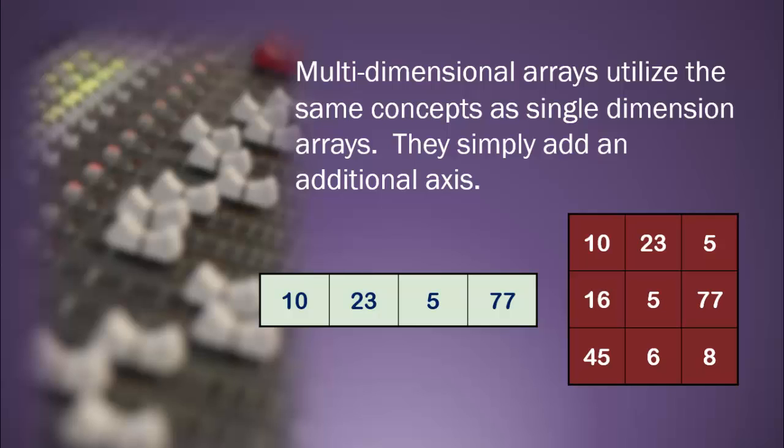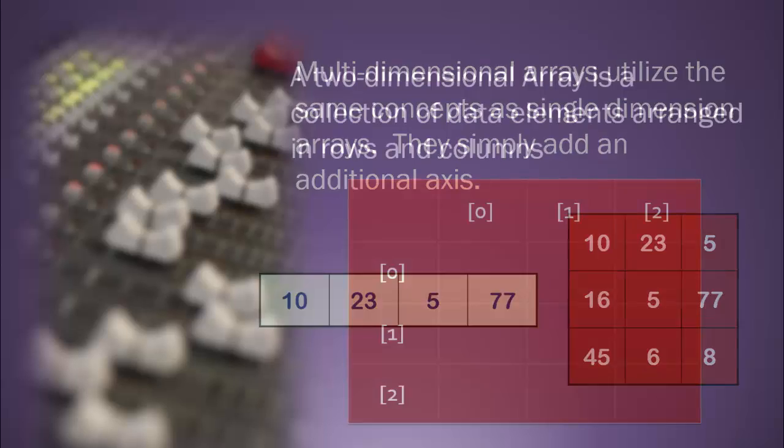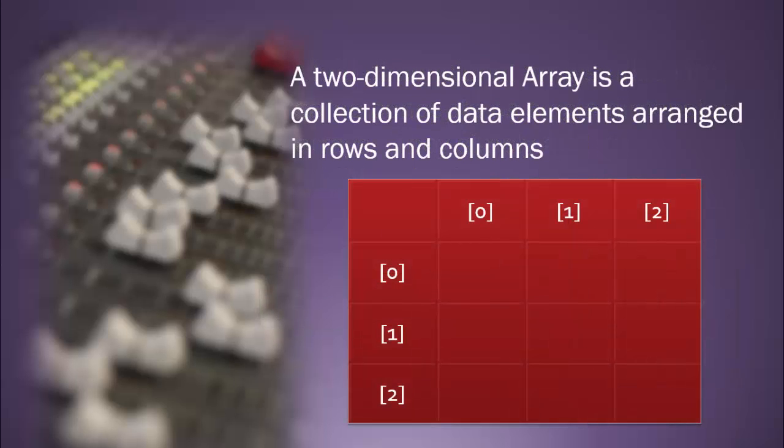When we declared a single dimensional array, say the 4 integers that you see in front of you, we declared array 1 to contain integers, and we said it has 4 spaces in it. When we move to a multi-dimensional array, we retain that concept and we add a second axis. So if we look over at the table to the right, we see that we have a 3 by 3 multi-dimensional array. The nice thing about the multi-dimensional array is that it simply uses all the concepts that you already understand, and instead of